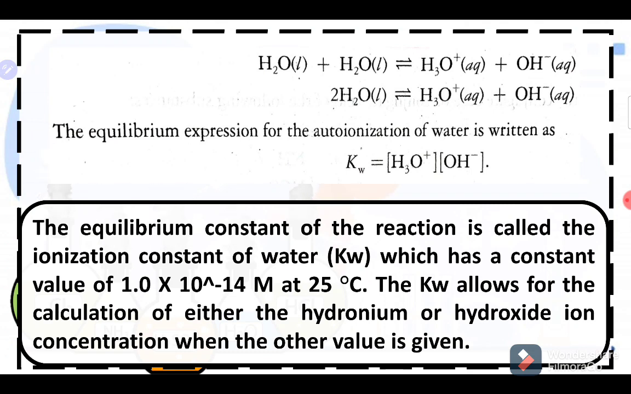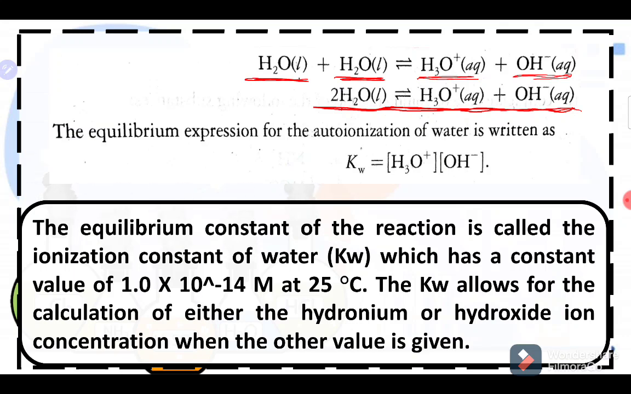So we have this reaction: a water molecule here and another water molecule here combine with one another to form a hydronium ion and a hydroxide ion. We can simplify this with a chemical equation. So there is an equilibrium. The equilibrium expression for the ionization, or auto-ionization, of water is written as Kw is equal to the